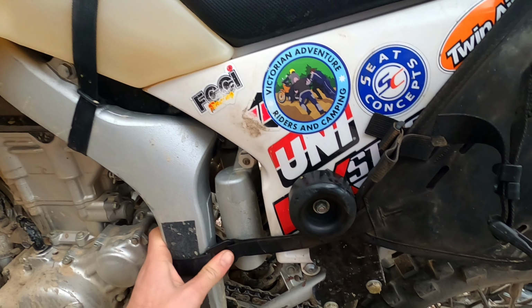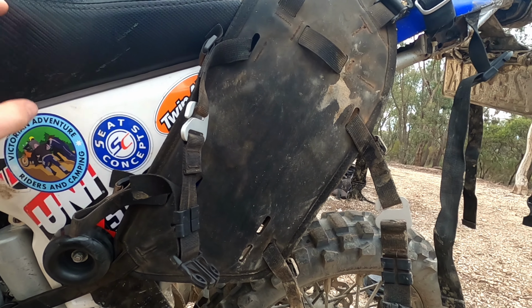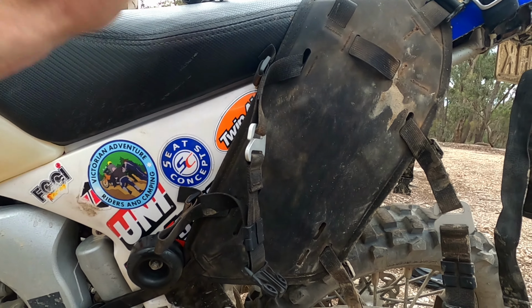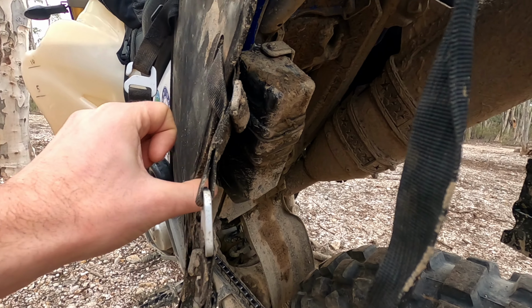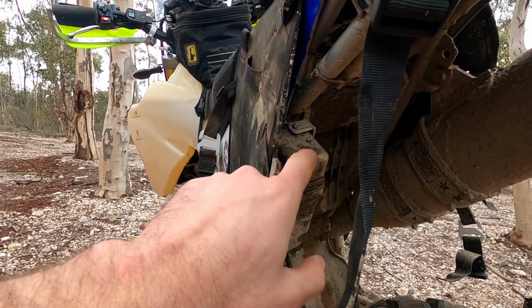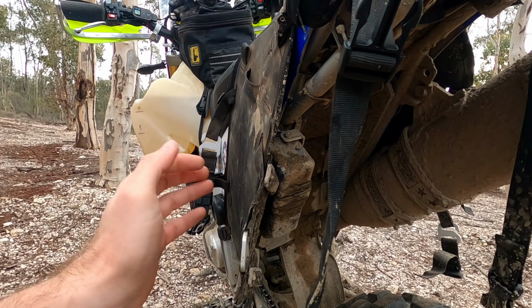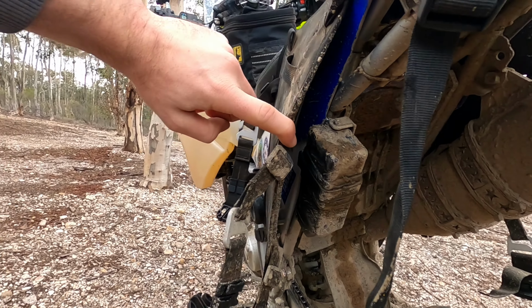I didn't really have to think too much, but it was the other side that I had to come up with a few solutions. Also, you want to run this bag as far forward as possible on the left-hand side, because the only thing really stopping it from flapping around a lot is your toolbox. Now, when I first positioned this it was quite a lot further back, and the little toolbox was probably in the center of the Kriega OS base. So when I had the big bag on it, I could see it was just hammering this toolbox. So by pushing everything forward,